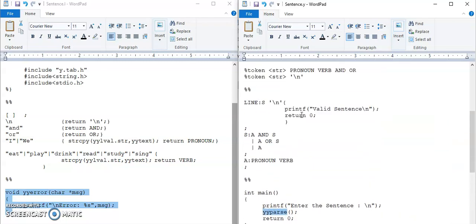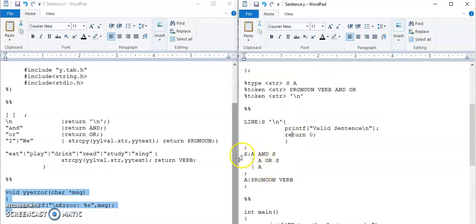execute successfully and terminate successfully. Then the second rule in the grammar is S, where S stands for sentence. S gives A and S, or A or S, or only A. That is, if we want to generate only a simple sentence, then the S gives A rule will be used.